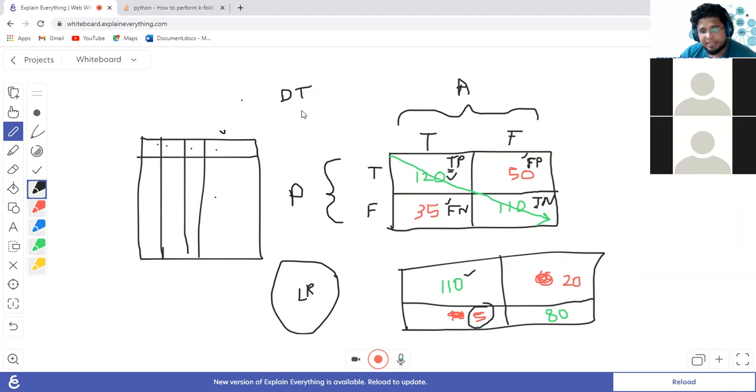But in another situation, where true positives are more important in comparison to false negatives, the decision tree becomes more important, right? So this choosing of which one is good, which one is bad, which one should be used and which should not, is completely at the discretion of the data scientist and the domain in which he is working, right?